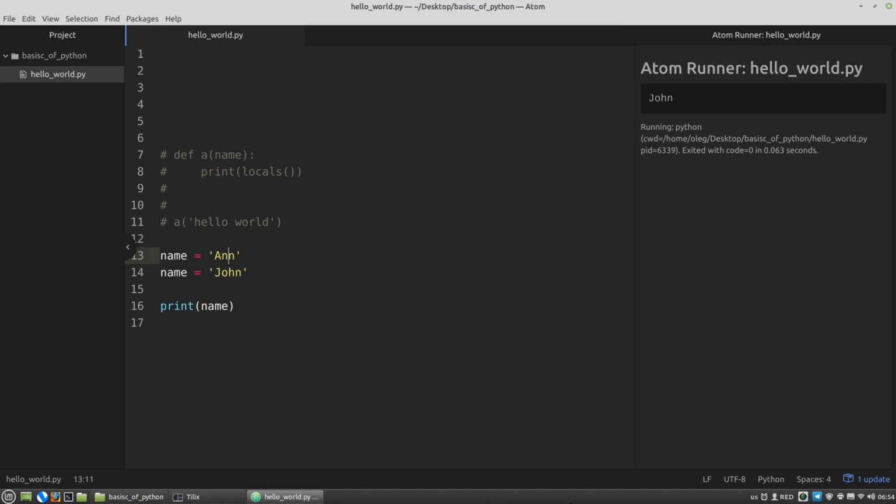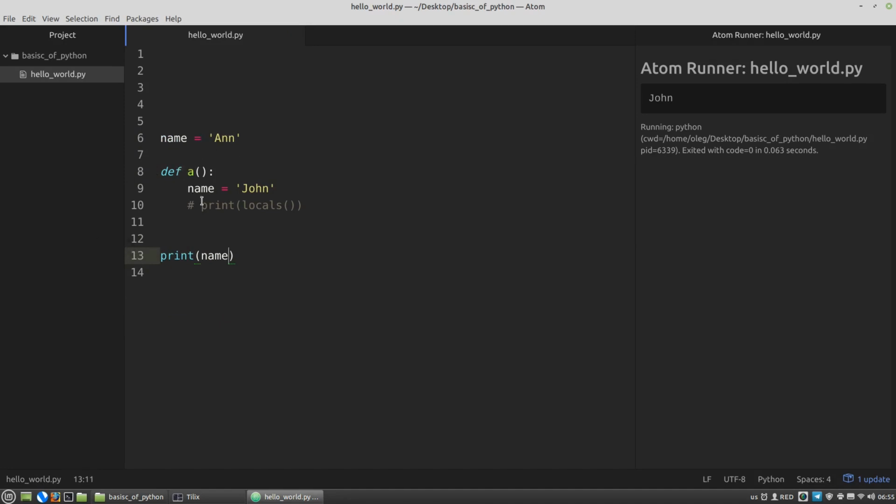Okay, let's move on. Now I want to move the John name into the body of the a function. Let's uncomment it and let's move it here. Without arguments, and I am calling the print function with name this way.